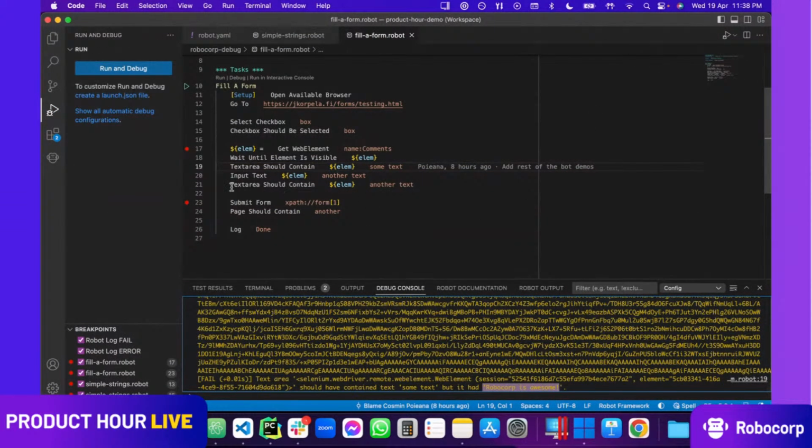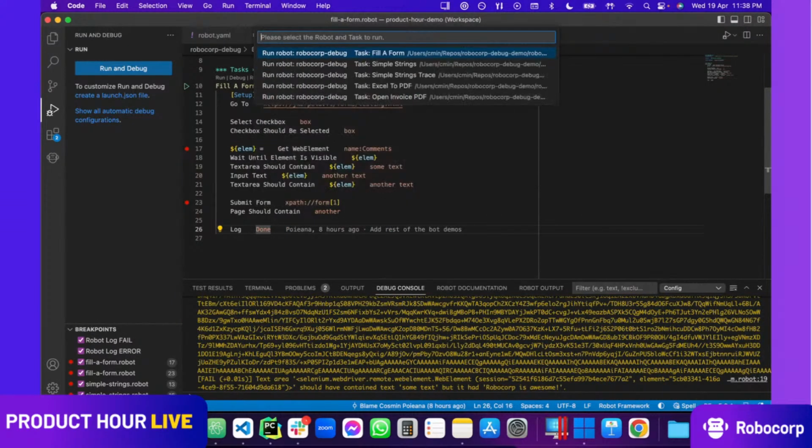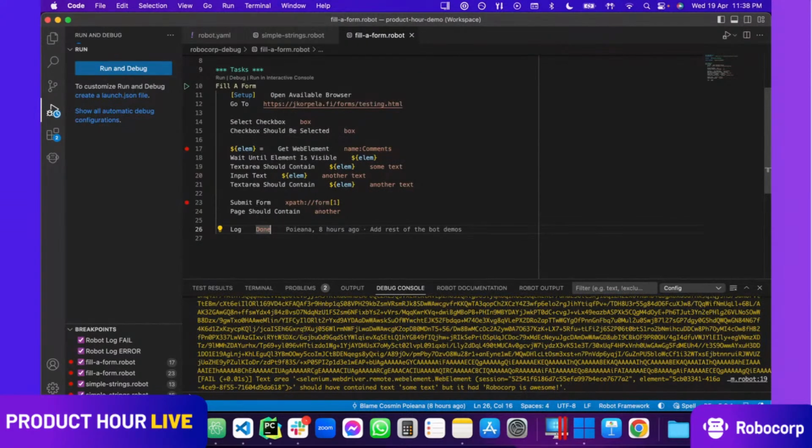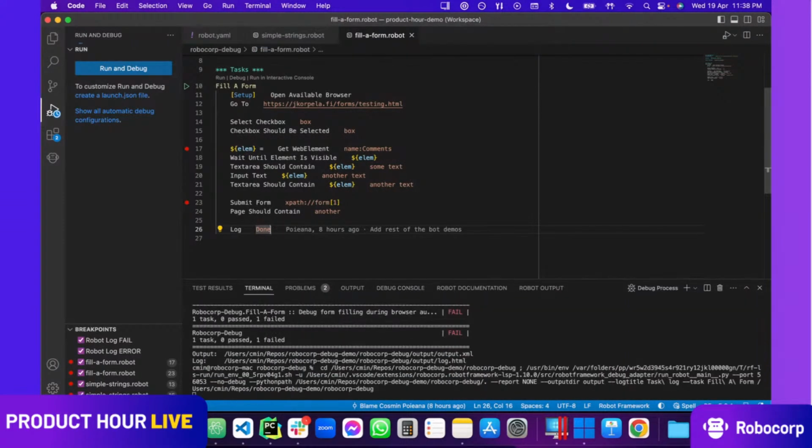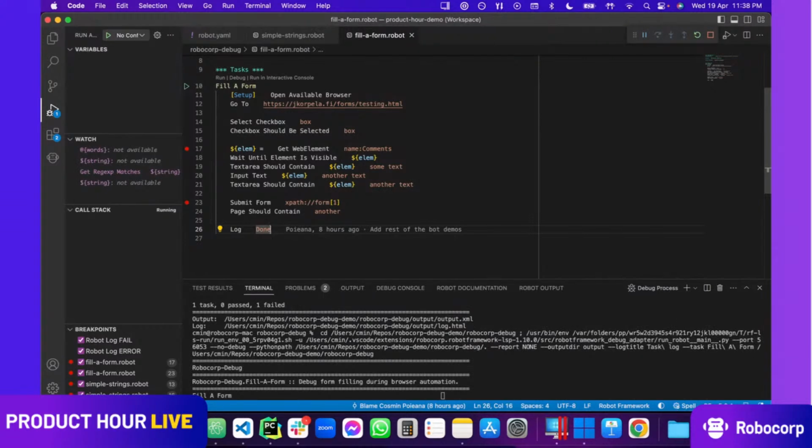And it stopped. Now, if I'm running this bot without debugging mode, like literally running the robot, fill a form, you should see now this entire behavior I explained to you going fast, one by one, statement after statement.